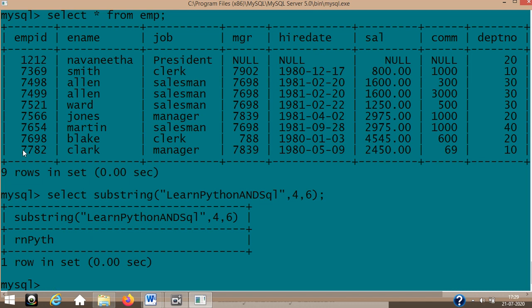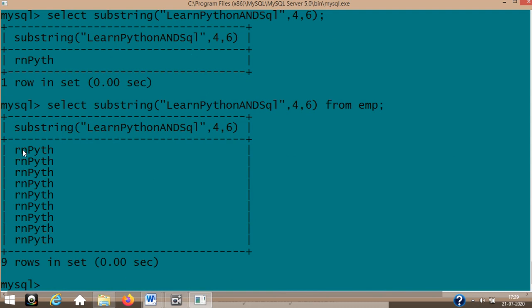But here, even though we have a null record, that null record has values in EMP ID, e-name and job and all. The rest is only you have null. So if you have totally complete null values, then that will not be considered. So total 9 rows with some primary key values. So definitely that much of rows will be represented if you give this one. That is why 9 rows, the same thing comes.